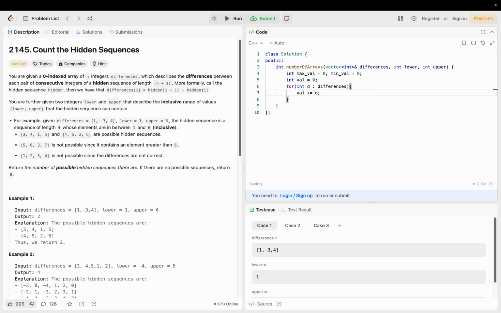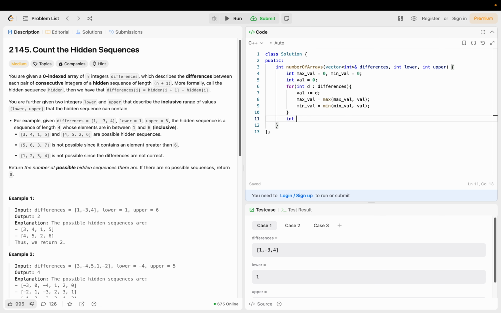So this is the next value in the hidden array. So max val equals max of max val and val, and min val equals min of min val and val,